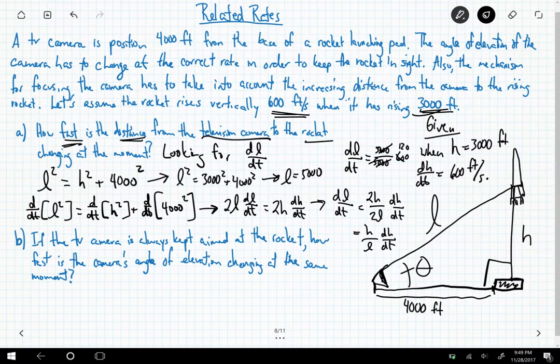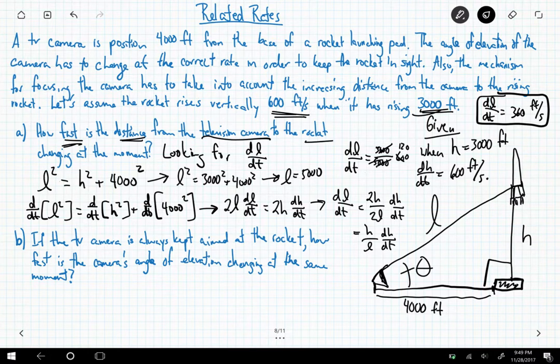Sorry for the lack of room here, but I'll put it right up here. dL/dt equals 3 times 120, which is 360, and it should be feet per second. Okay. Hopefully that made sense on that part. Now,